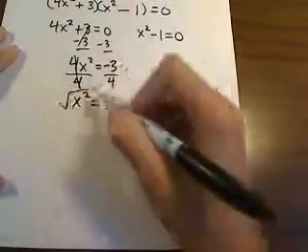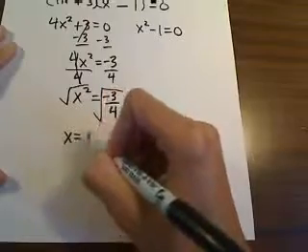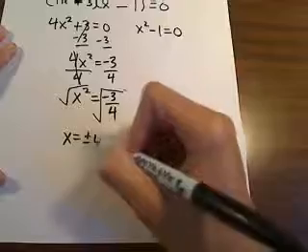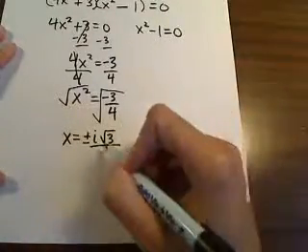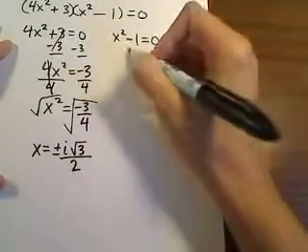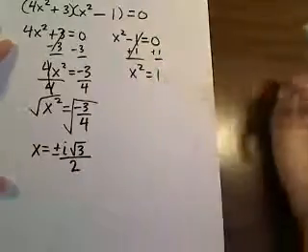And then we need to take the square root of both sides. So the square root of x squared is just x. Over here we're going to have plus or minus. This is the square root of a negative 3, which is going to be i times the square root of 3. And then in the bottom, the square root of 4 is 2, so that'll come outside of the square root. Okay. Over here, if I add 1 to both sides, and I have x squared is equal to 1,